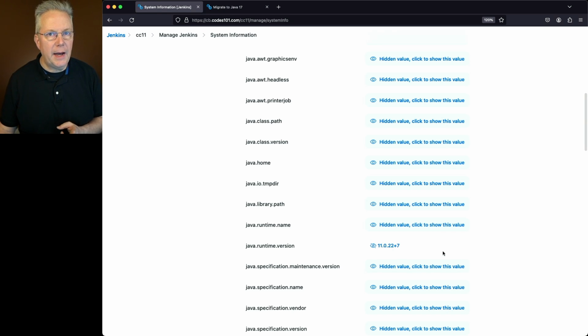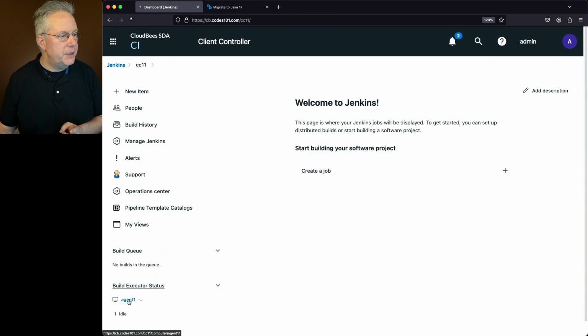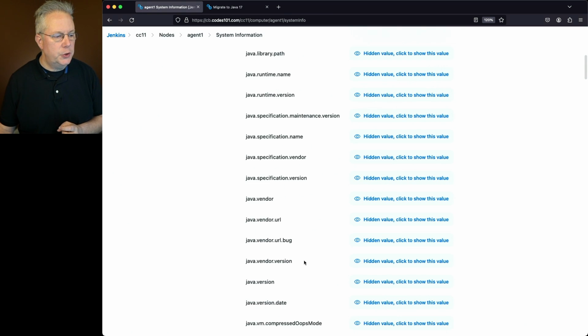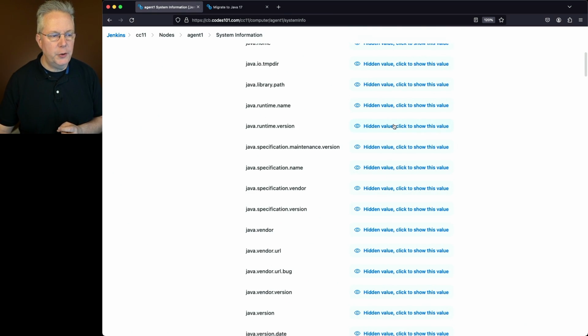Finally, let's check out our agent. We'll go back to our client controller, go to our agent, and click on System Information, and one final time, java.runtime.version, again, 11.0.22. So all three of our instances, the Operations Center, the client controller, and the agent, are all running Java 11. Now with this release, CloudBees CI